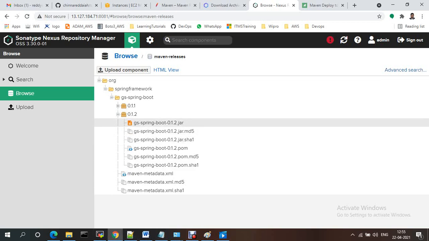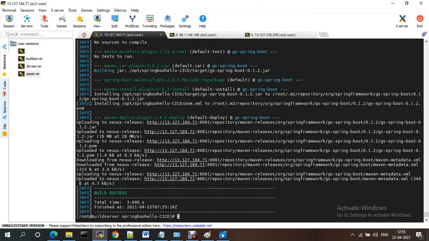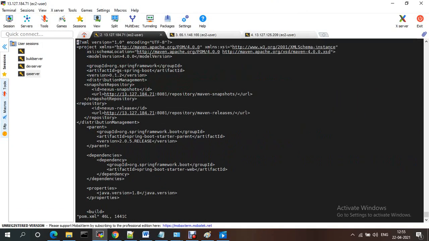Suppose this is a release version, release 1, and I want it to be a snapshot. For that you just need to go to the pom file and change the version to a snapshot version. Snapshot.